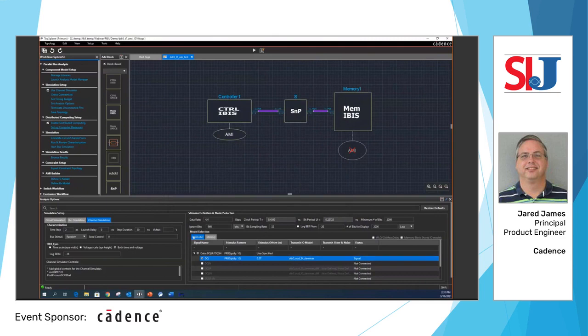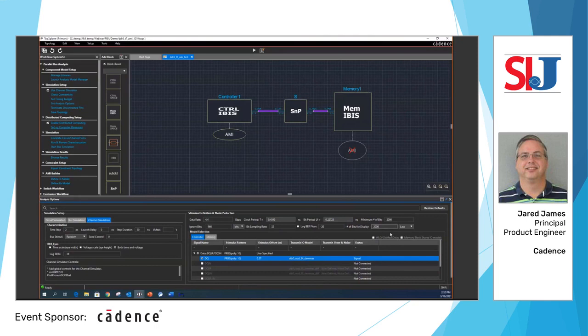On our analysis options down here, DQ is the only one that we're using. The rest of these options are unselected. We can set our stimulus pattern. We can use our transmit IO models here. This particular IBIS model has multiple termination options with multiple slew options. For this one, we're choosing the 34 ohms. For the data rate, we're going to start out with 4,400 megahertz. We're going to run just a short simulation of 2,000 bits, and we're going to display 2,000 bits in our